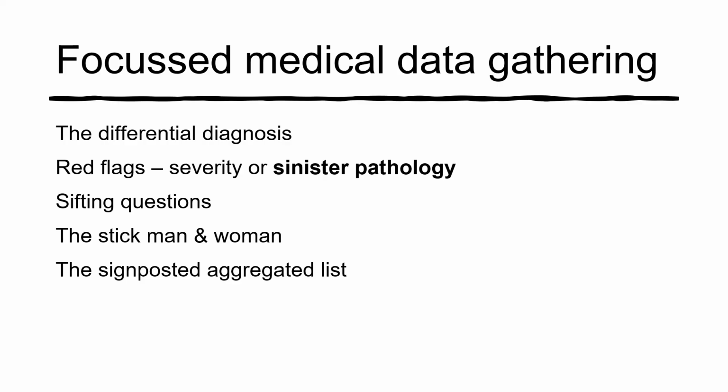This takes real practice, and one exercise that can be very helpful, which you can do either by yourself, with your trainer, or in half-day release, is what we in Pennine call the stick man and woman exercise. So how does this work? We get our registrars in half-day release to draw a child's stick man representation or a stick woman representation. We then allocate to different groups of registrars the head and neck, the upper limbs, the chest, abdomen and pelvis,